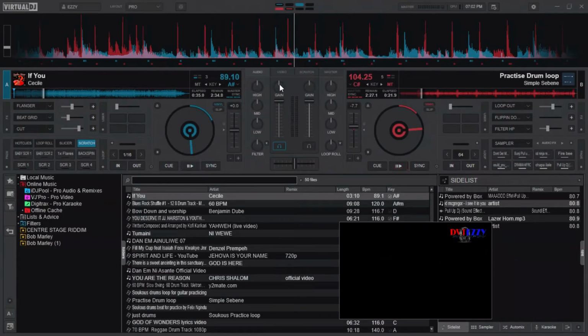Sometimes you may play a single song on Virtual DJ and it has a low input, and you might boost this one. But you really don't need that, because you have the volume slider and you can always add volume at your mixer if you are directing that audio to your mixer. Or if at all you can't get that, then you can just increase the gain. But I'll advise against that unless you really know what you're doing, because you might end up having a problem with your output. It will be distorted, it will be foggy. So please just leave it like that.